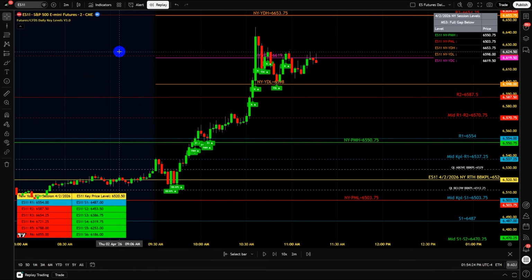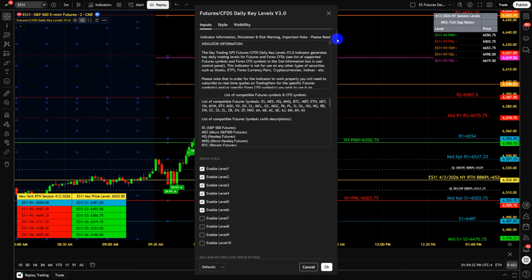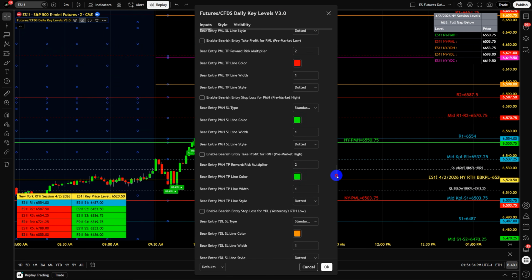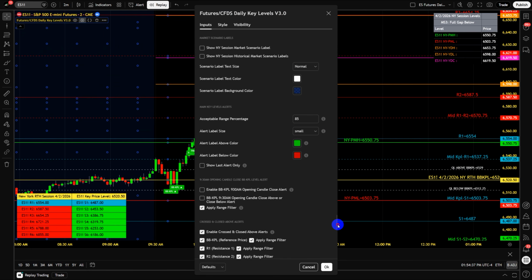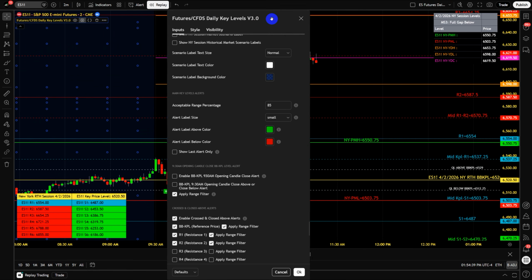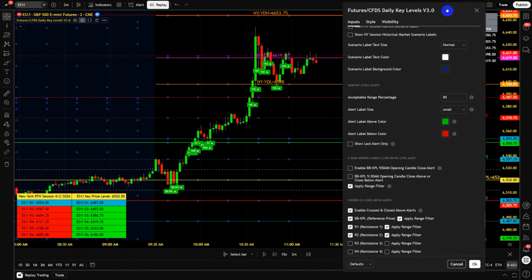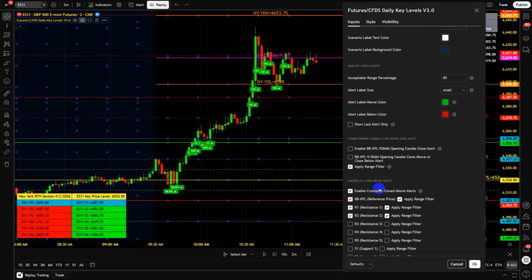Okay, the final topic we're going to look at for closing up is the alert system. So we're just going to go over this part about show last alert only. As you can see here, I've turned on the crossed and closed above alerts. Also turn on the BBKPL alert. We've turned them on for several different levels here. Now if I turn on show last alert only,